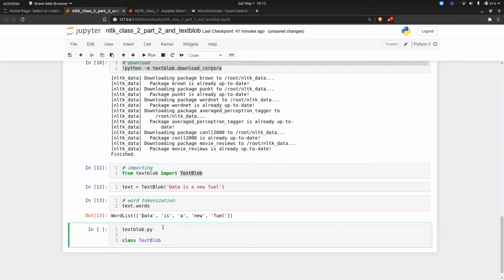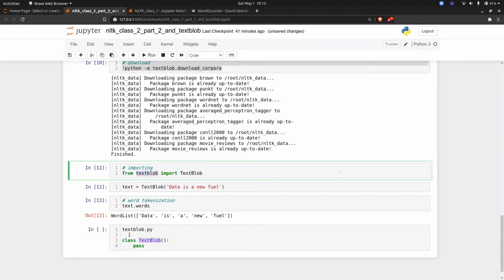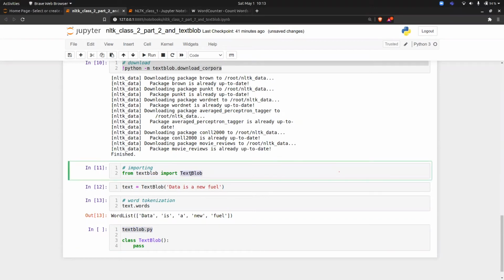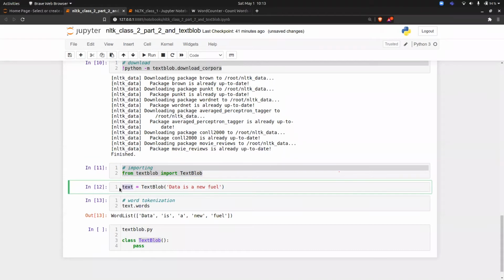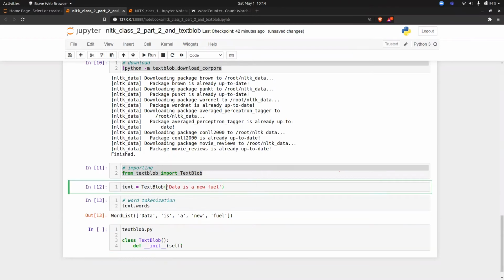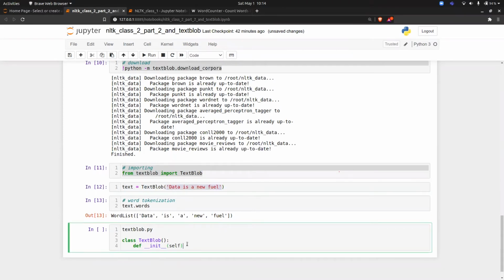If you know the concept of a class, this is what they have done behind the scenes. So you are calling from the file textblob.py, which is the library you are talking about. It is a package, nothing but a group of functions, and this is the class that you are calling. If this is a class, then of course you have to create an object. They are doing def __init__, a constructor, that's why they are passing this. This is what is happening behind the scenes.